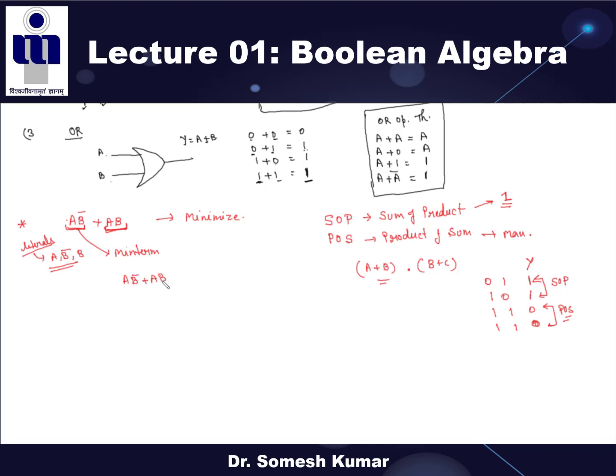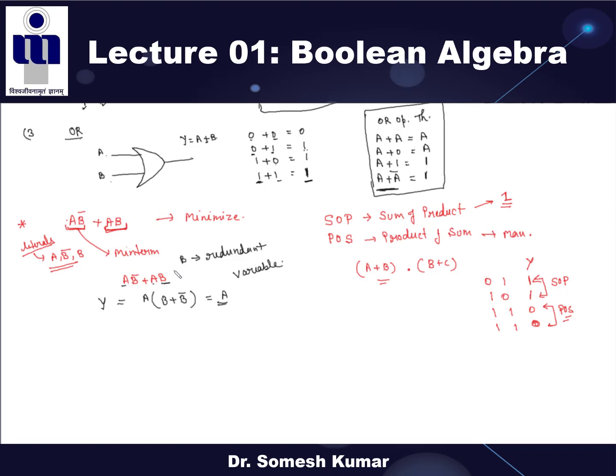Now again come back to our question. How can you minimize this term? We have to take A common, and inside this it becomes B plus B bar, and from this theorem, you know, it is 1. So the output is, sorry, A, right? Clear? So here we are saying the variable B is your redundant variable, right? B is your redundant variable, meaning it is reduced when we minimize this expression, and we can say Y is independent of B, right?